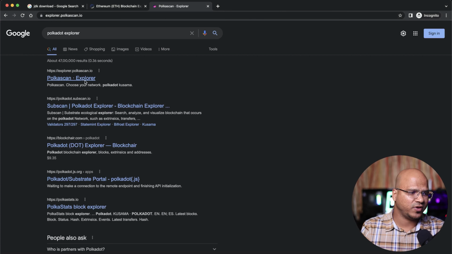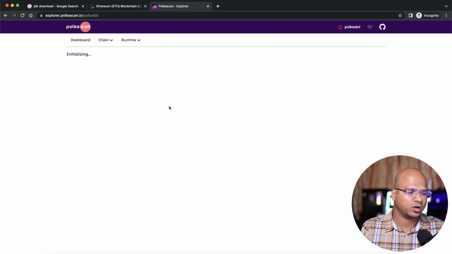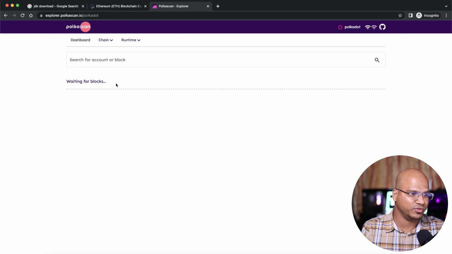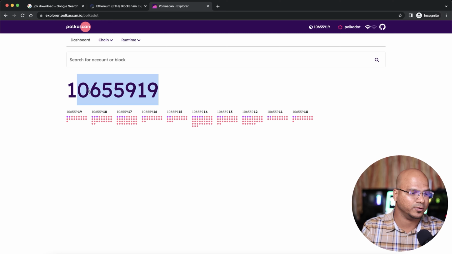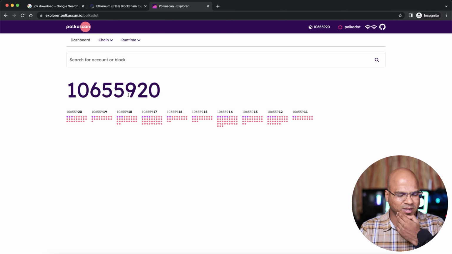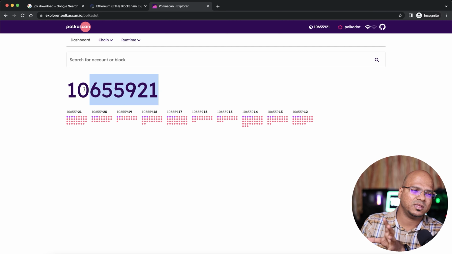Which is Polkadot. So if I go to Polkadot Explorer and click on this one, you can see the number of blocks we have there. This is the latest block which I'm talking about. And it creates blocks every minute, I guess. Every minute we have 2 to 3 blocks. We can see the number later. But see the number of blocks here. How will you search your data in this thing?